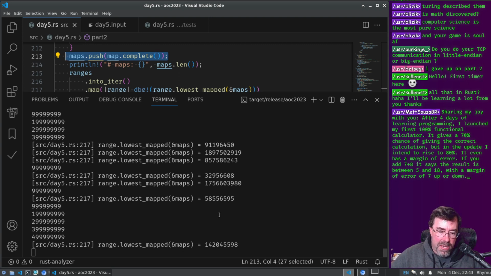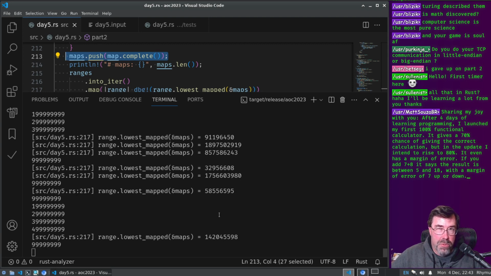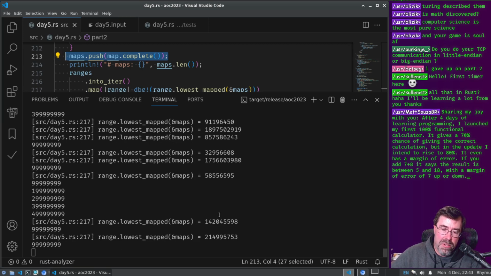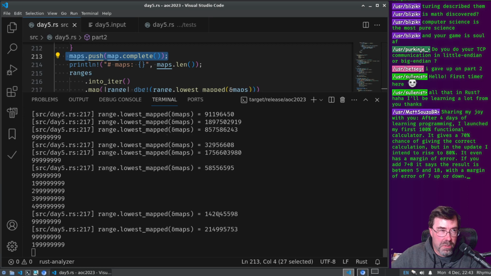Because we could just select the lowest output range and then reverse map them back to the previous map and find the lowest of that, and then you go all the way back to the input, and then we'll find the input that gives us the lowest output. And we would do that until we find one that's in one of the input ranges, right?